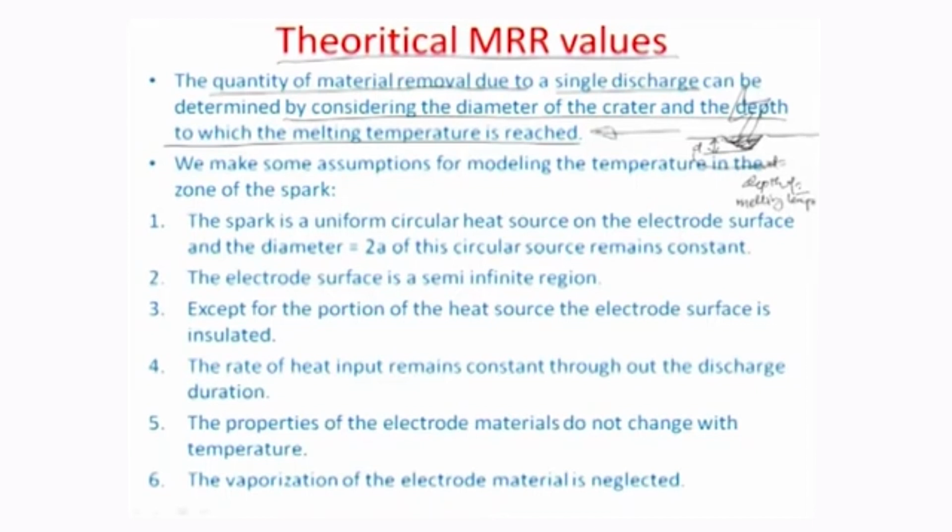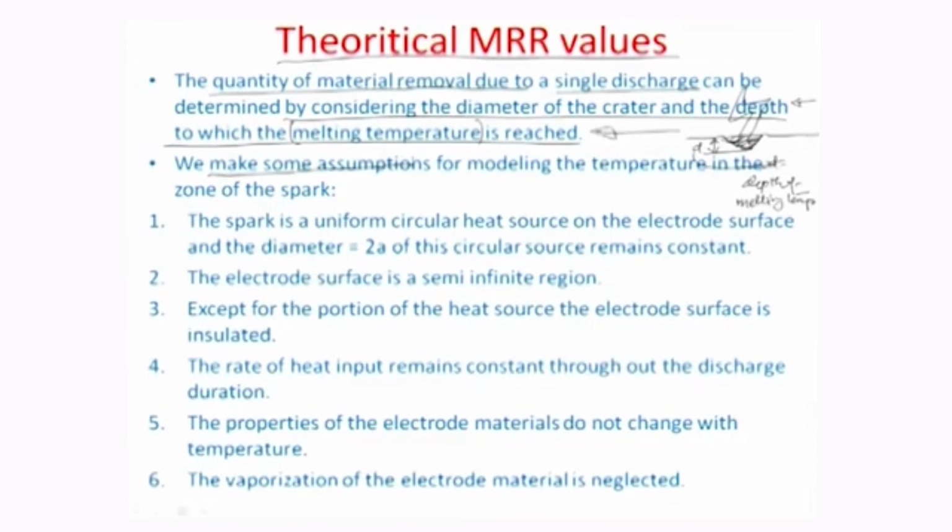So we somehow need to estimate what this depth of melting temperature is for a fixed crater diameter, and in order to understand this model, we have to make some assumptions,